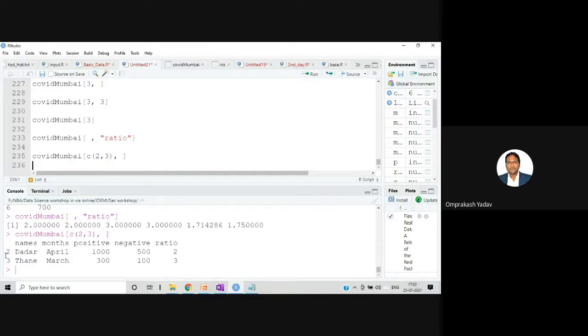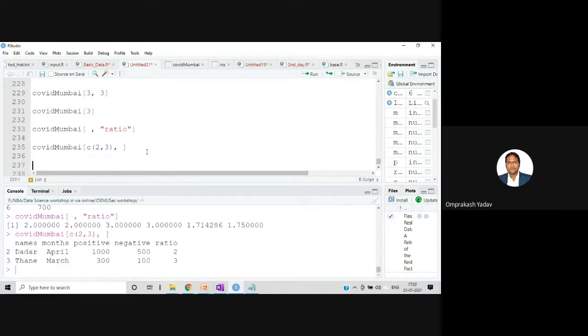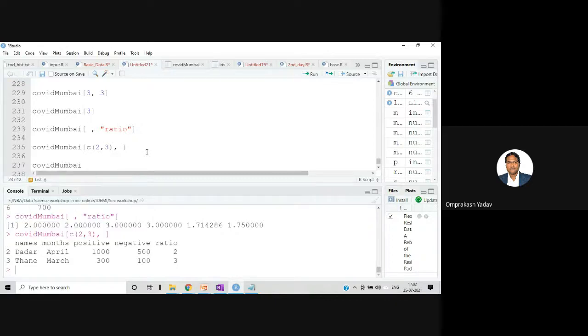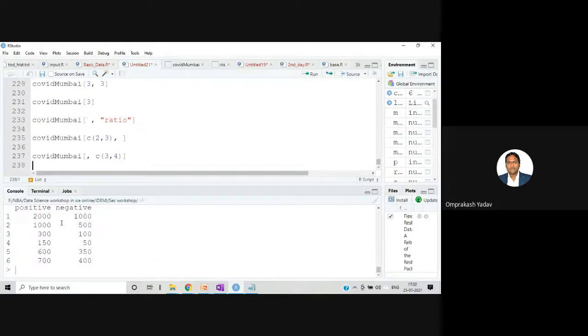If you see here, I got the second row and the third row. Similarly, if I want the third and fourth column, I say COVID Mumbai, leave the first blank, and say third and fourth column. I execute, and I get the third and fourth column. You got the answer to your question, right? This is how we can combine and get a combination of rows and columns.